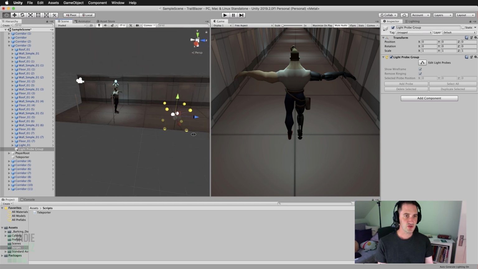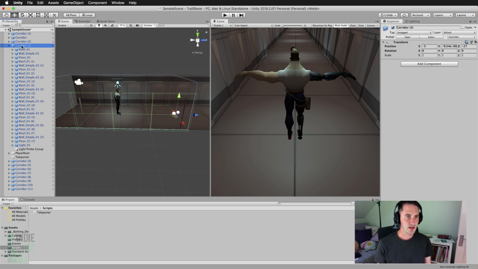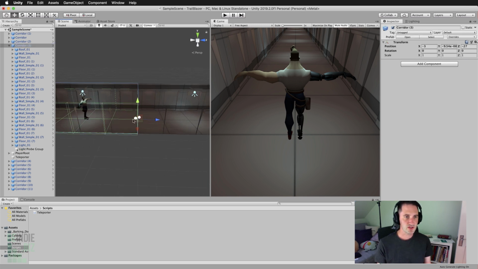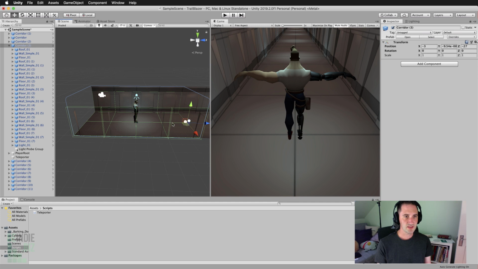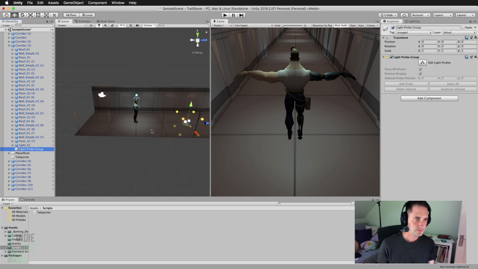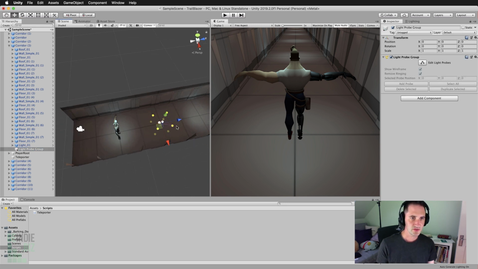Now, the basic position of these light probes here is completely wrong. What I really want to do is select our entire corridor section. You can see that it pretty much ends where that light probe has been positioned by default. I want to move the light probe basically to the center of this section, and I'm going to be positioning the probes throughout this section. So I'm going to grab the light probe group, and I'm going to start to position that maybe around about